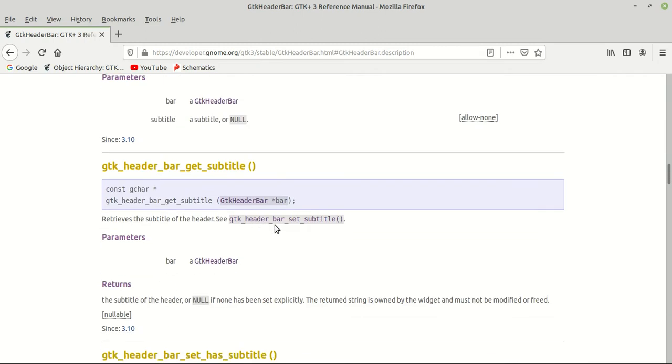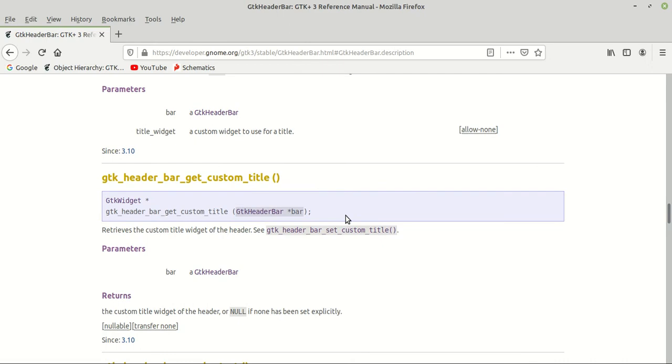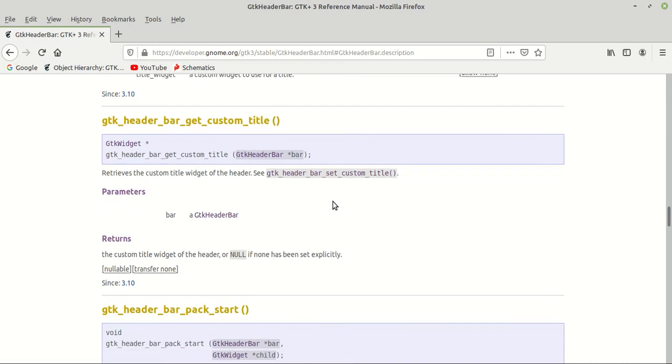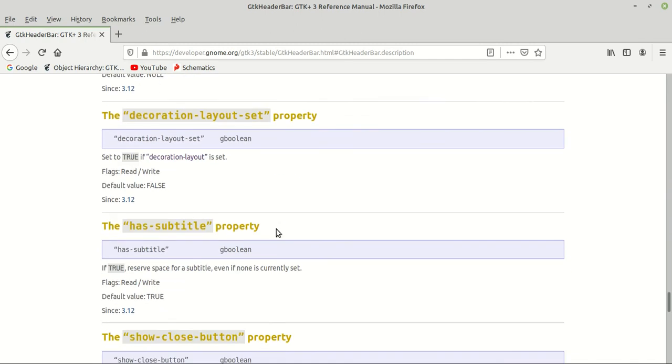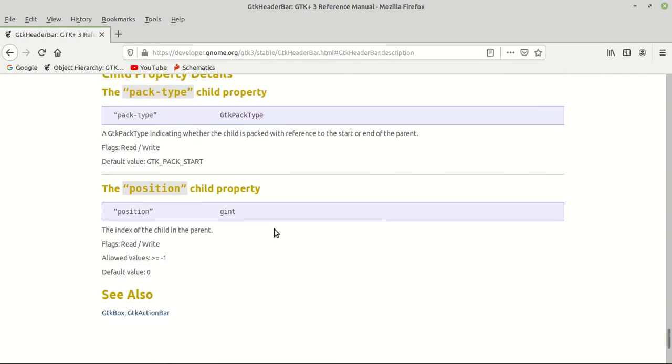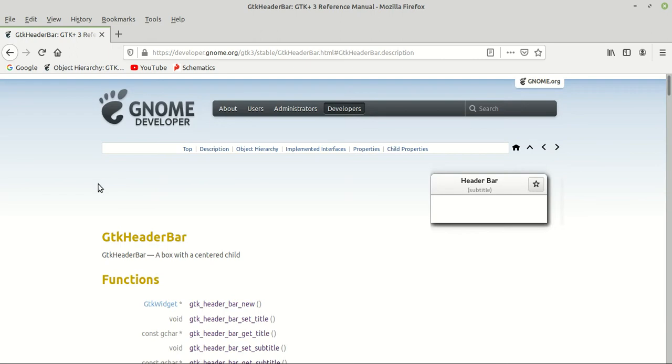We saw the story with packing, so we know that there should be at least a box inside that header bar, and also we know there is some text, which means there are some labels. But like I said, we know because we know, but its documentation doesn't explain too much about the story.